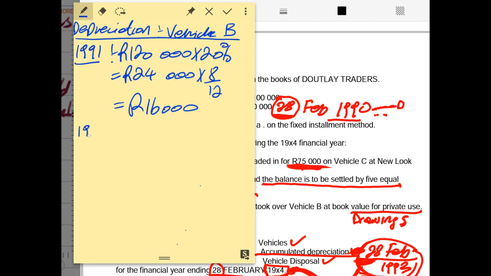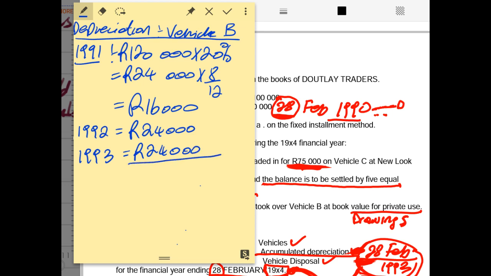Then we continue with our workings. 1992 will be the full year, 24,000 rands, and 1993 will be the full year, 24,000 rands of depreciation. If you add the 3, it will be 16,000 plus 24,000 plus 24,000 rands. That should give us 64,000 rands of the total accumulated depreciation on the 28th of February in the year